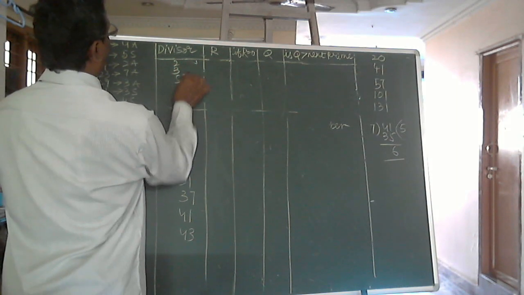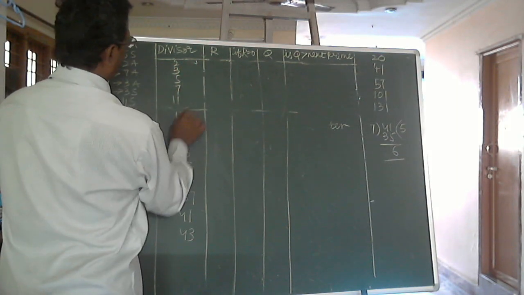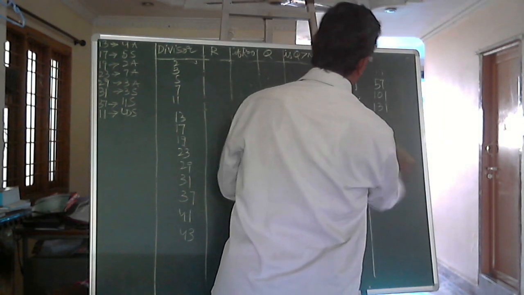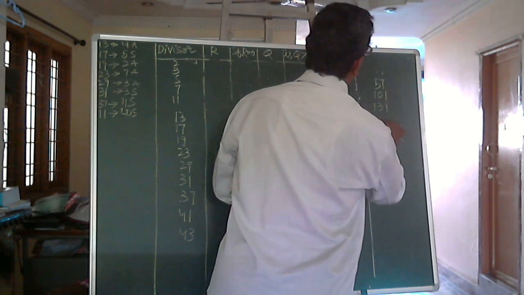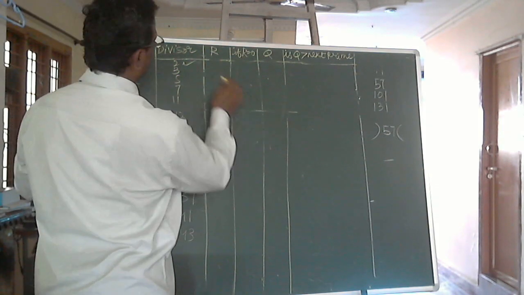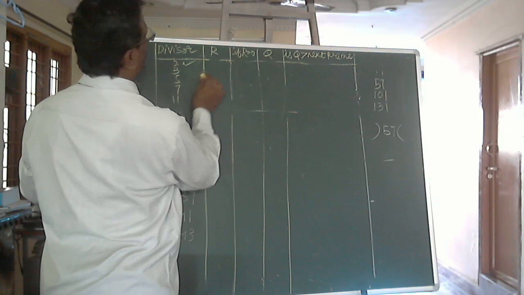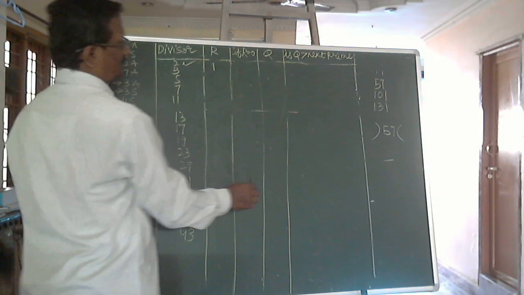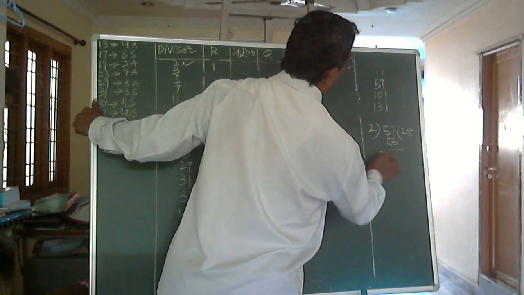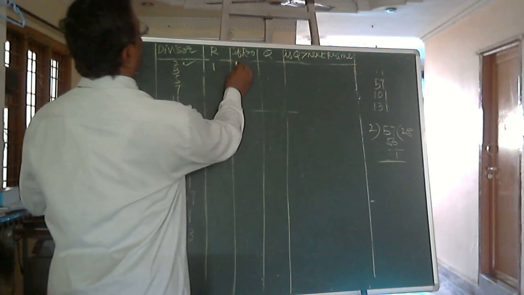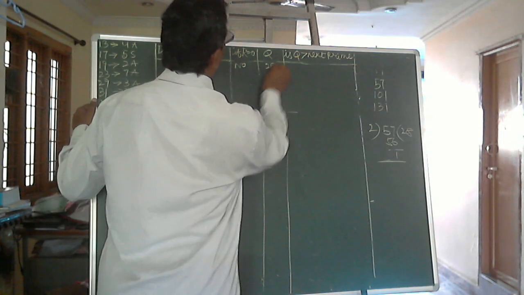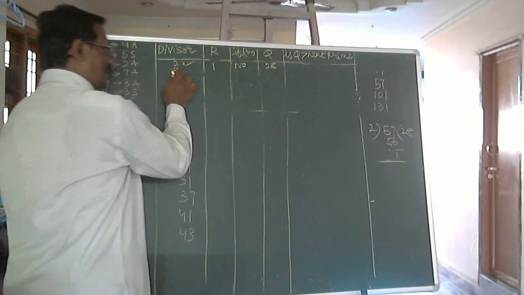2, 3, 5, 7, 11, 13. When we take the number 57, let us start by dividing by 2. 57 is divided by the first prime number 2. The remainder is equal to 1, because 28 2s are 56, I am doing it directly because it is a very small number. Remainder, is it 0? No. Remainder 1 is not equal to 0. Quotient is 28. The quotient is bigger than the next prime number.